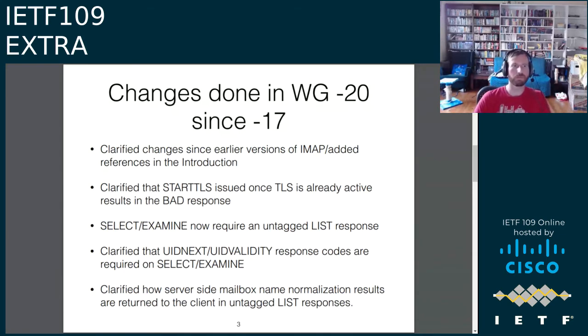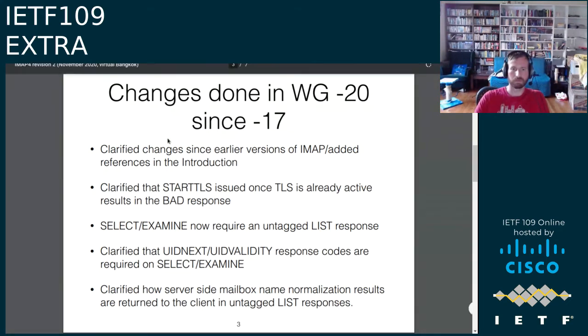And we also added some text about how mailbox canonicalization, whether it's due to normalization or some other kind of mapping rules, can be done, and how this is returned in LIST responses for when mailboxes get deleted, when mailboxes get renamed, to specify that the client issued this name, but now the new name is something else. So here's text about that. I think that's all the changes. Oh, actually, no, I think there is another slide. Next slide, please.